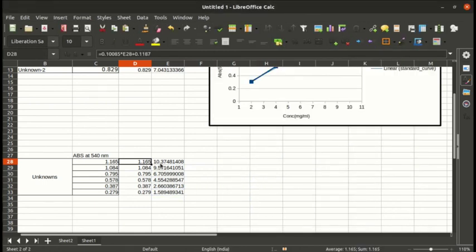There you go, I've solved it in a matter of minutes. These are my x values for the absorbance of these.